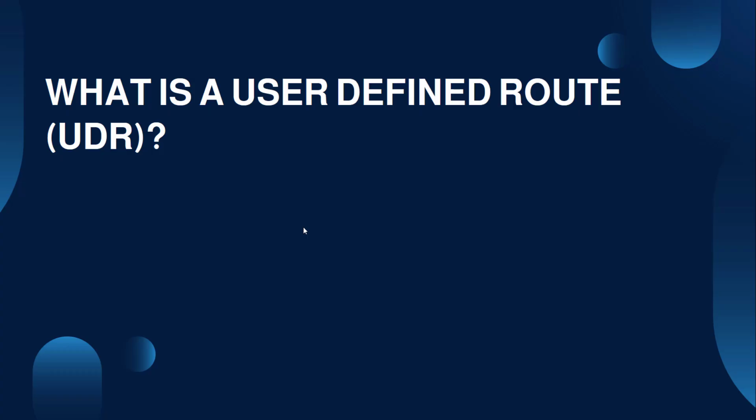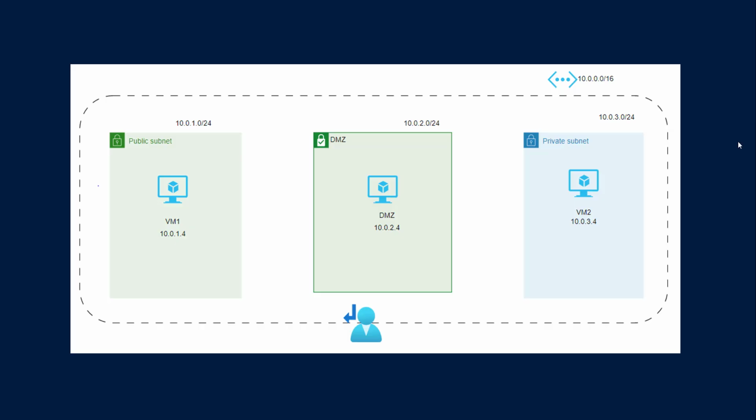So let's do one thing. Let's create an environment and let's do a demo. So in our environment, we will have a VNet that ranges from 10.0.0.0/16. Inside it, we can have three different subnets. One would be a public subnet, one would be a DMZ subnet, and one could be a private subnet. These are the IP addresses